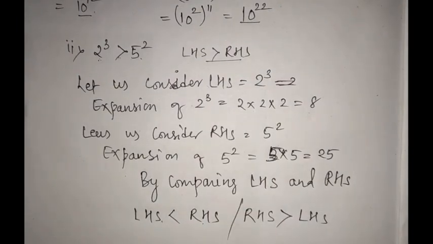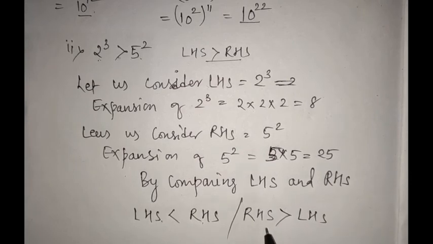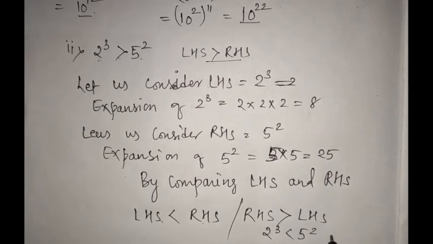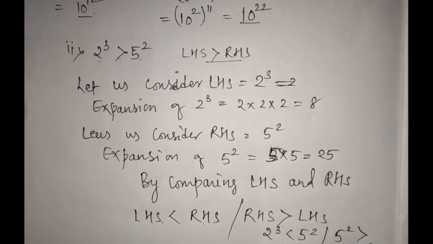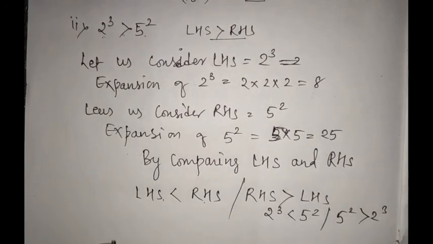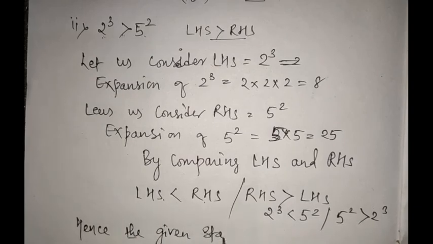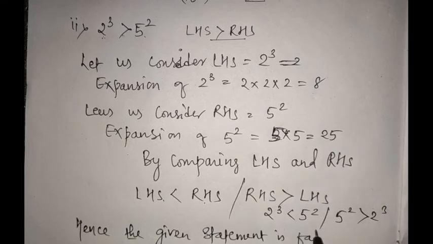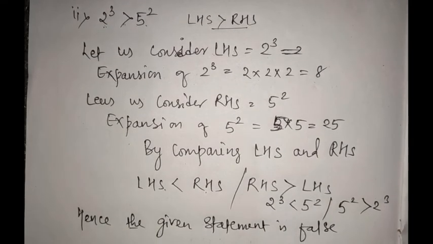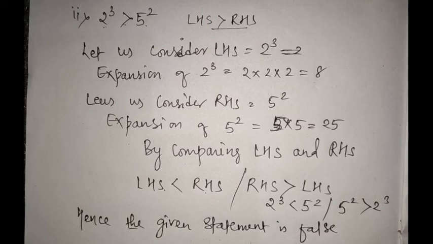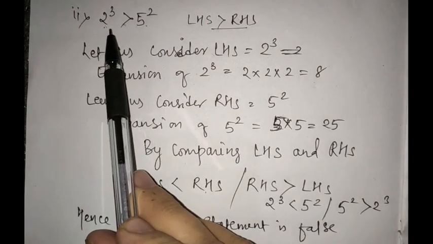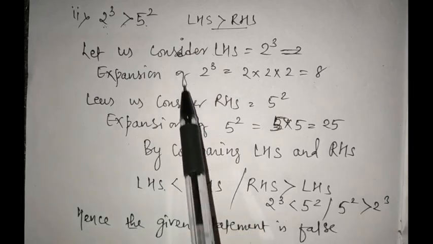So we are going to write 2 cube is less than 5 square, or 5 square is greater than 2 cube. So we are going to write hence the given statement is false. Alright, I hope you have understood why this is false. They were saying left hand side is greater than our right hand side, but according to the